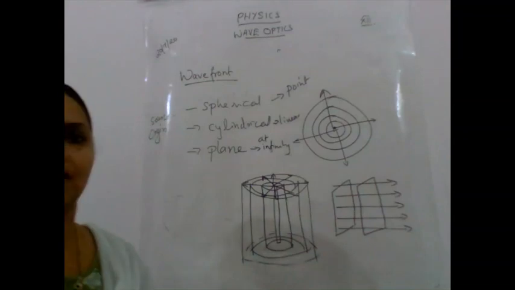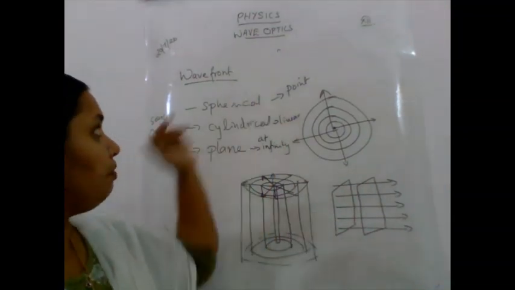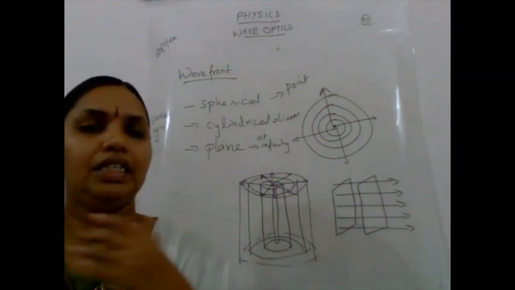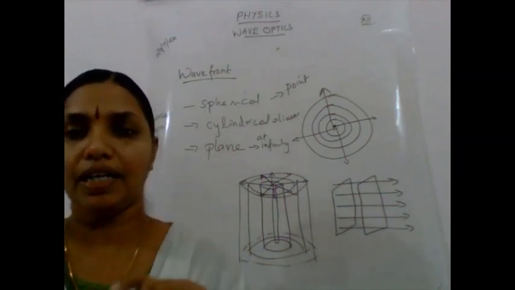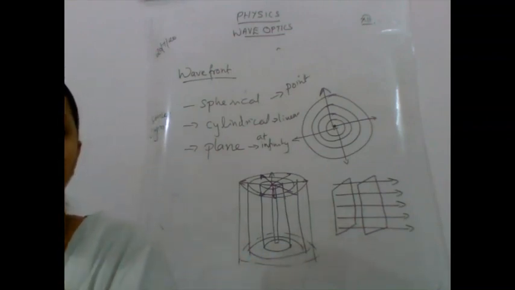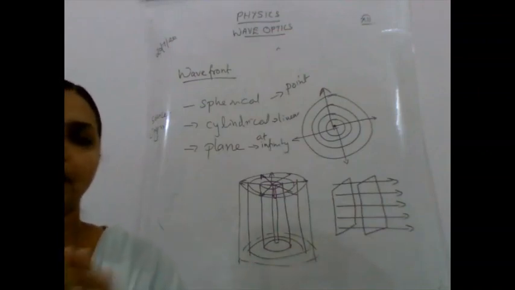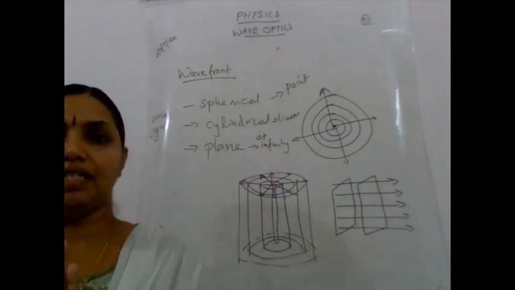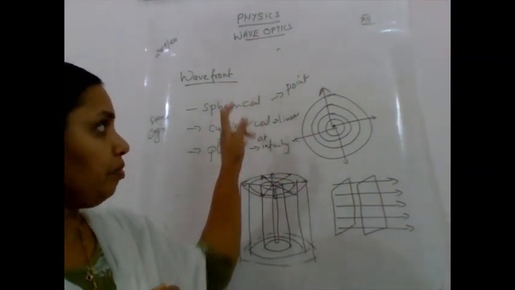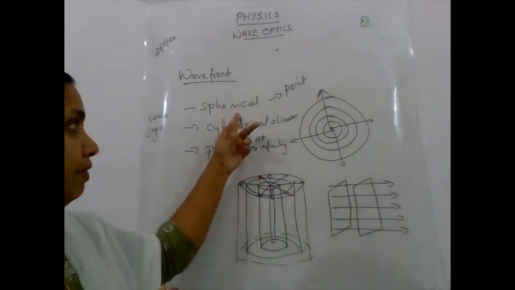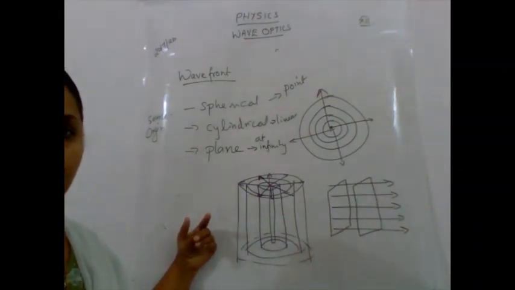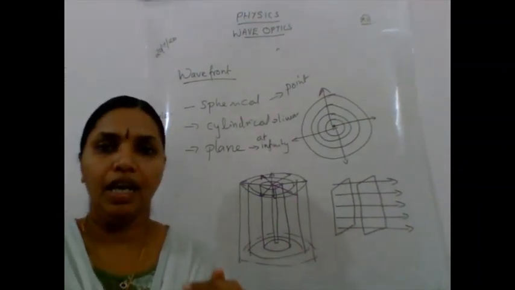So it is propagating like that. The wave propagates. So what is a wavefront? From a source, a disturbance comes, or that point acts as a source of the disturbance, and it will spread out in all directions. We will join all the points which are vibrating in the same phase and that will give you a wavefront. According to the source, we have spherical wavefront, cylindrical wavefront and plane wavefront. So this is the first basic thing about wave optics.